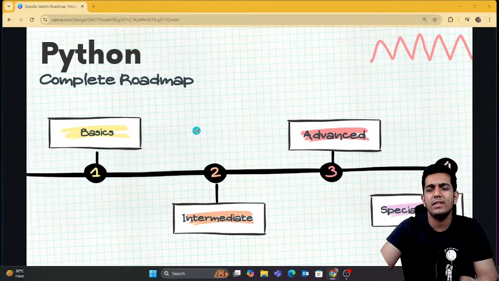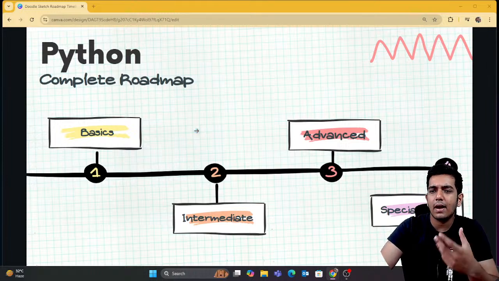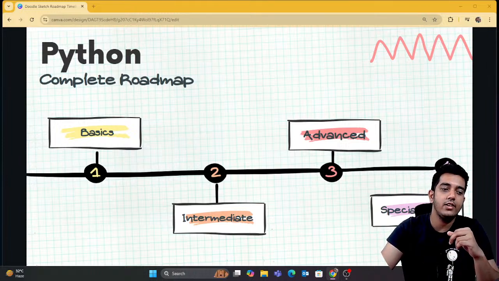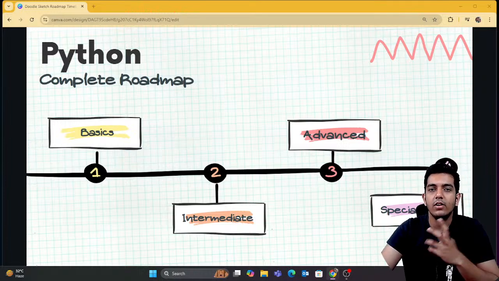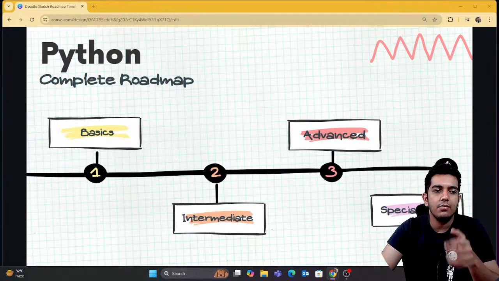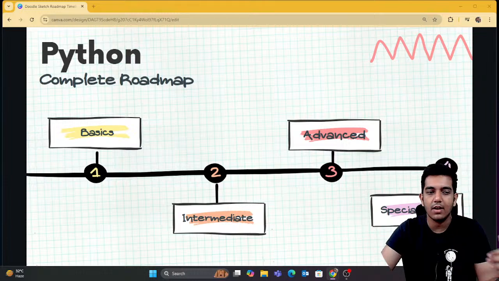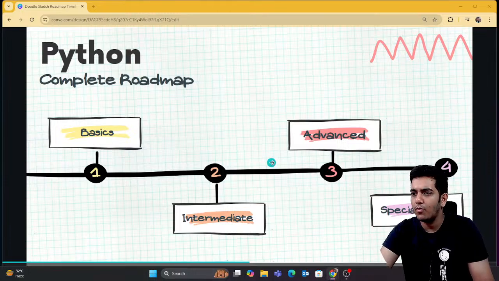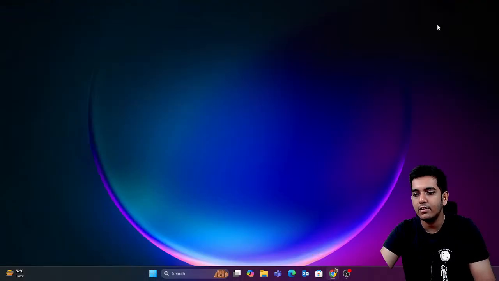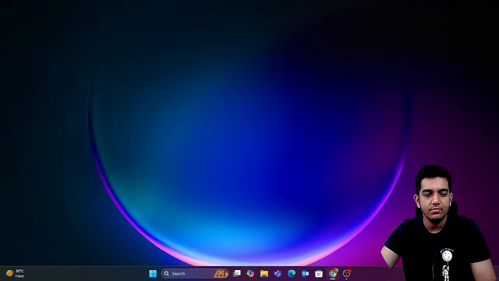Now in basics, you basically learn the Python syntax and so on. Then in the intermediate level, you learn about some data structures. Then in the advanced level, you learn about OOPS, and you can also use it for web development. You can write different things. Then we have specialization. In specialization, you can specialize for data science or game development or AI/ML or web development and so on. So now guys, we're going to discuss each of them one by one. I'm going to draw it actually.